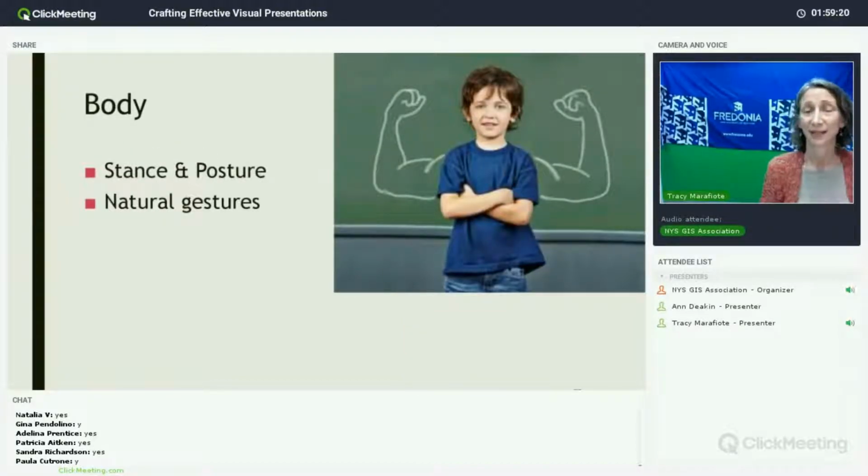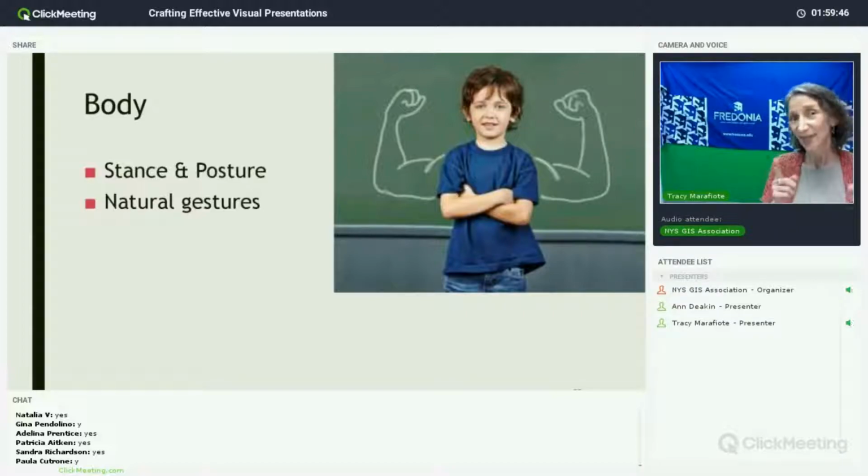Second, let's take a look at your body stance and posture. Are you standing up straight? Are you exuding confidence? When I do presentations with incoming students and I ask them what they think are the characteristics, confidence is always one of the very first things that comes up. And the way that we stand is going to demonstrate confidence. It's going to allow us to relate to the audience in a way.